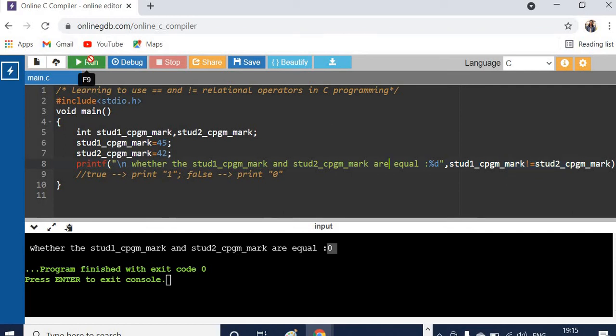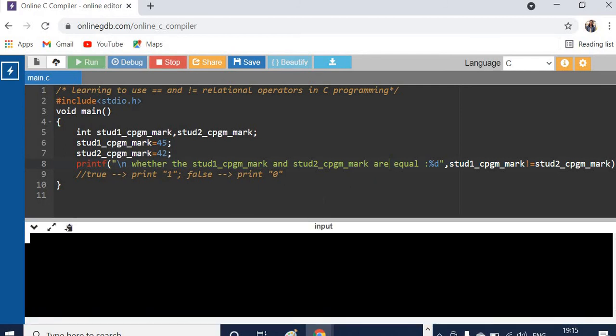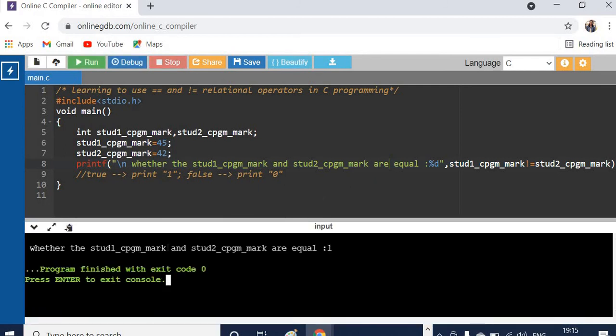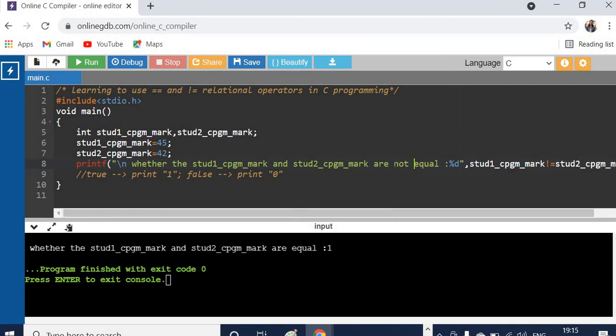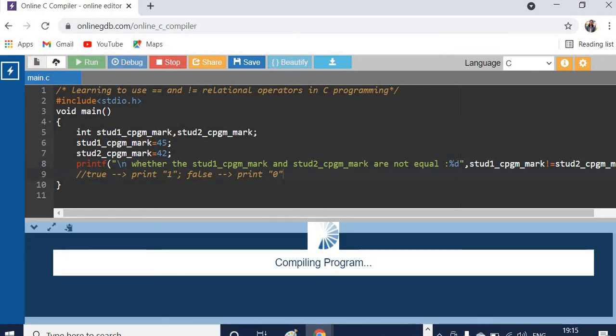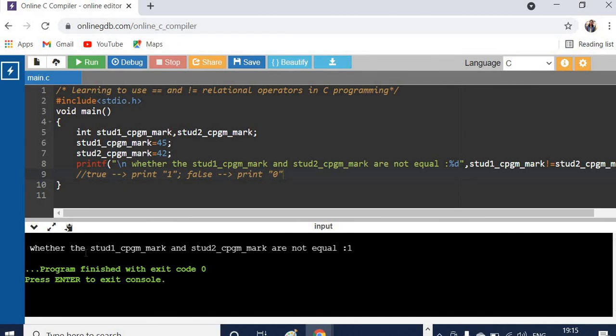Now let us see. Whether student 1 program and student 2 program marks are not equal, it's telling yes, they are not equal. So it will print 1.